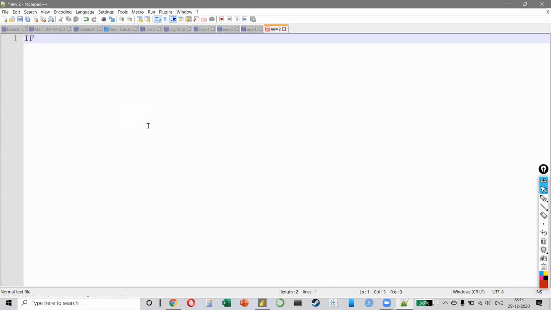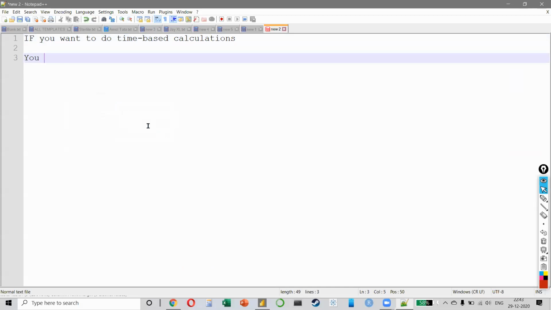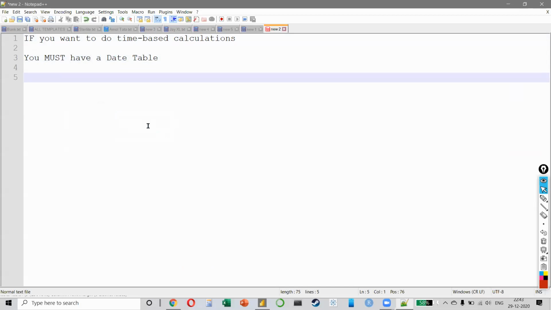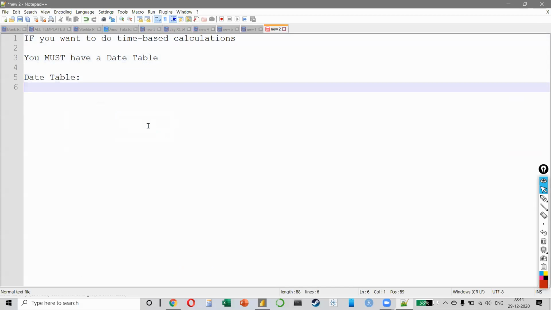If you want to do time-based calculations, you must have a date table, right? And a date table has 4 characteristics. Number 1, it should be a date or a date and time value. That means either it should be the 29th of December or the 29th of December and a time value.